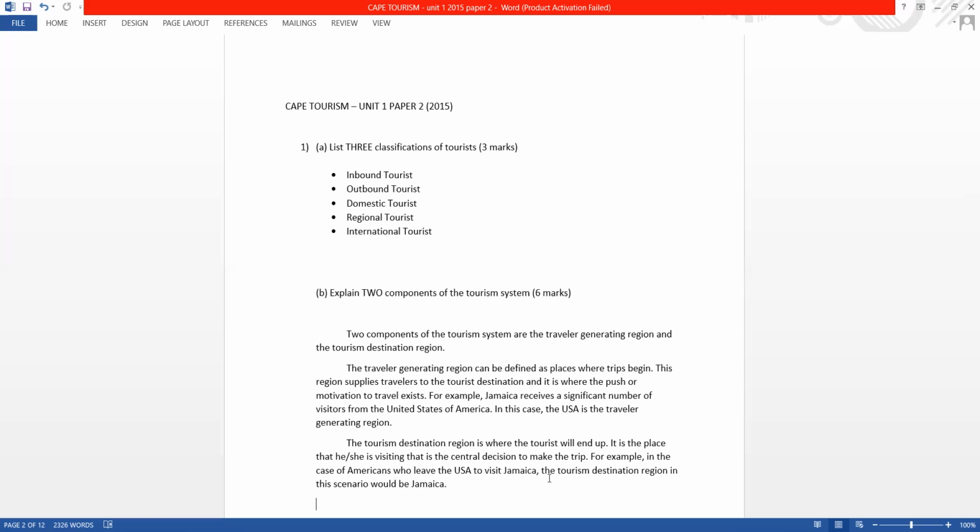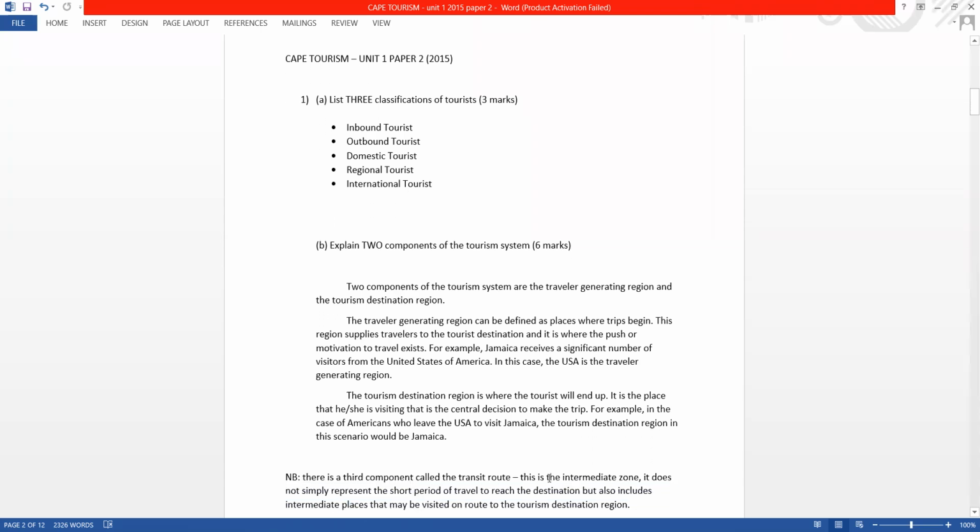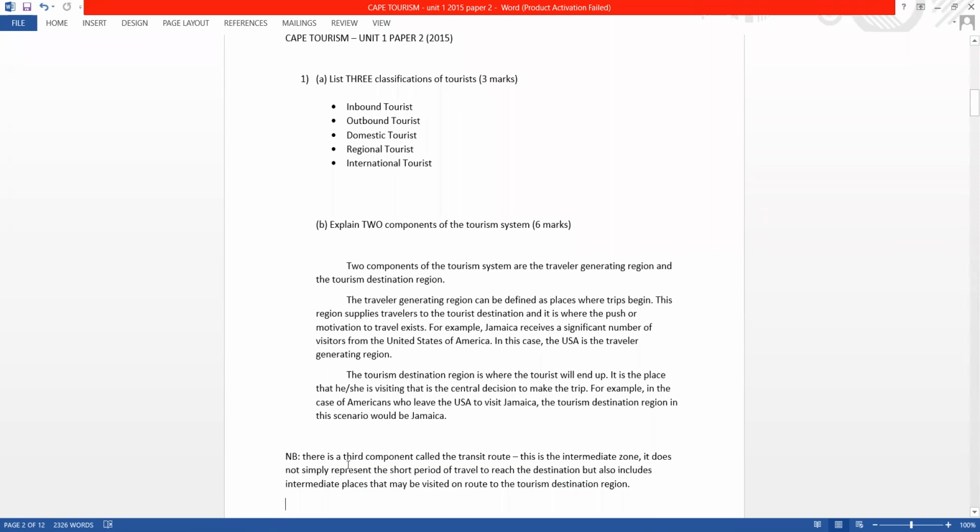The tourism system also has another component though, but the question asks for 2. For the purpose of your education, I will give you the other component. So here it is. So the third component is called the transit route, right? So this is the intermediate zone. It does not simply represent the short period of travel to reach the destination, right? So it's not just the short period of travel or the 2 hours that you take to travel from, let's